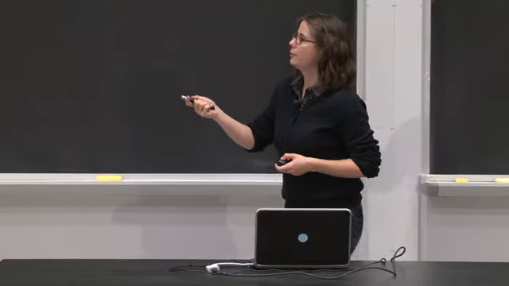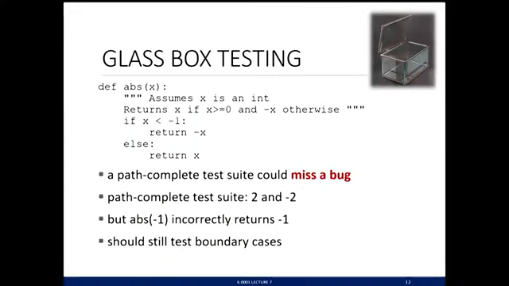So in this example, we have the absolute value of x. This is its specification, and this is the implementation that someone decided to do for this function. So a path-complete test set means that you want to have a test that goes through each one of these branches. So if x is less than -1, well, -2 is less than -1, so that's good. And otherwise, which means pick a number greater than -1, so 2. So 2 and -2 yields